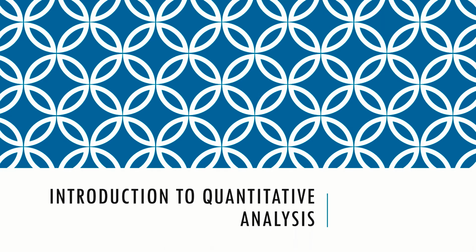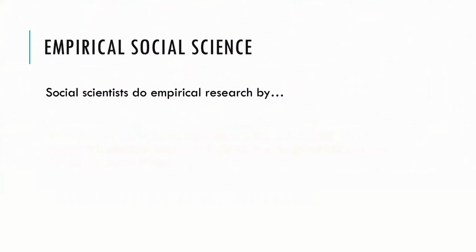This is going to be a little bit of a review for those of you who've taken a quant or a stats class before. So we're going to talk about empirical social science. We're all master students here, so I'd like all of us to start thinking about ourselves as social scientists, right? Whether you're in CJ or PA or CP, we are all social scientists.